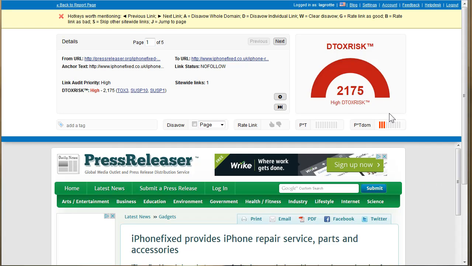Now the first one to notice about this one, it's got a very high detox risk. That's because this domain is associated with a lot of spamming and link dropping. I mean, it's not a particularly valuable link, but it is a link nevertheless. Now the anchor text is actually just the raw URL, and it is a no follow.